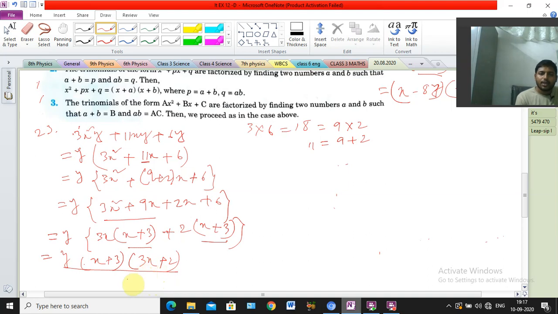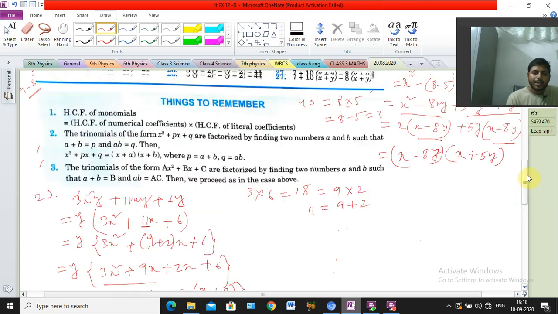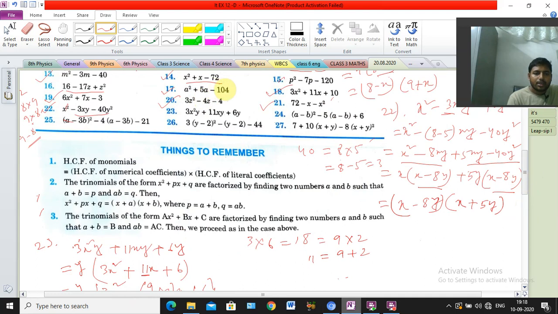Clear or not? Hard? No sir, easy question, easy problems, the process is the same way we are solving. Yes sir, we are solving in the same process. Only the data are different. And this is the easiest chapter, a very easy chapter. Okay, next, see, 23 finished. Yes, 23 complete. Next, 24. I am writing the question at first. You can try also. Just a minute.